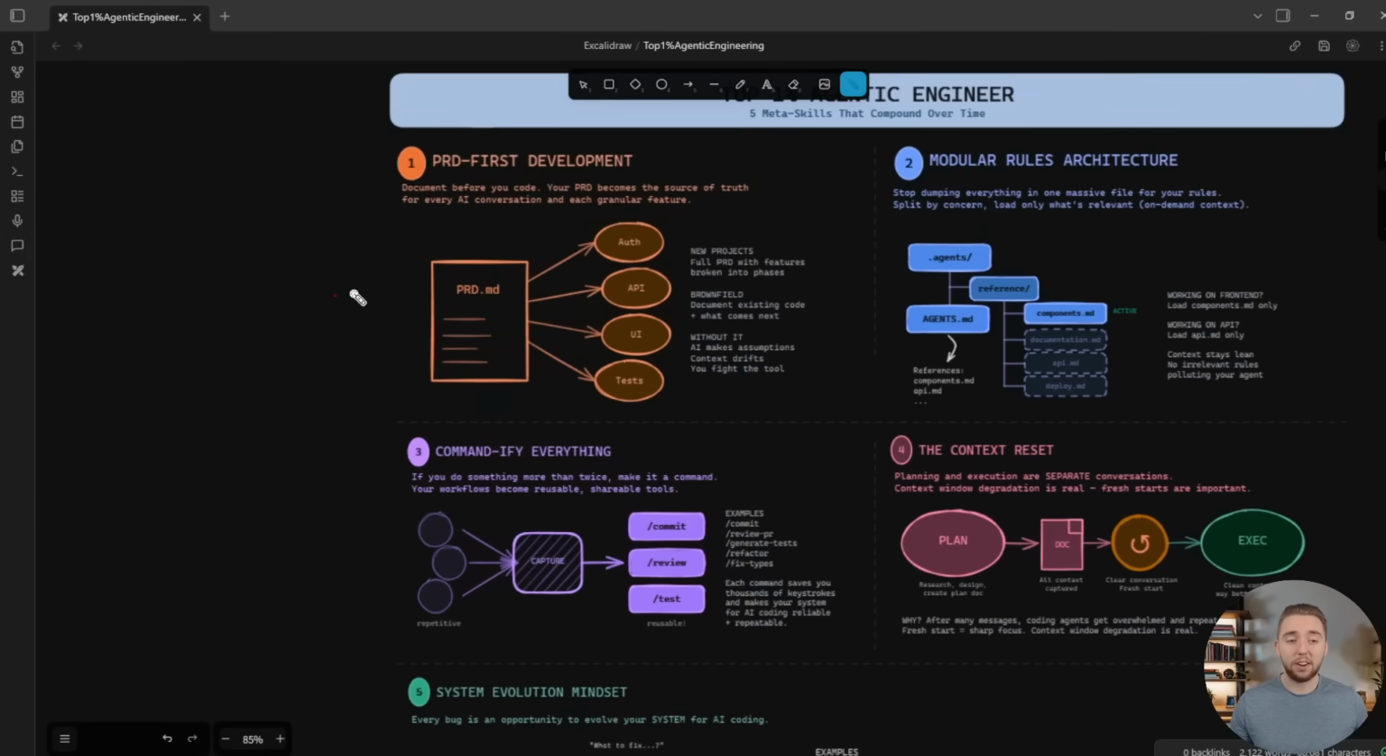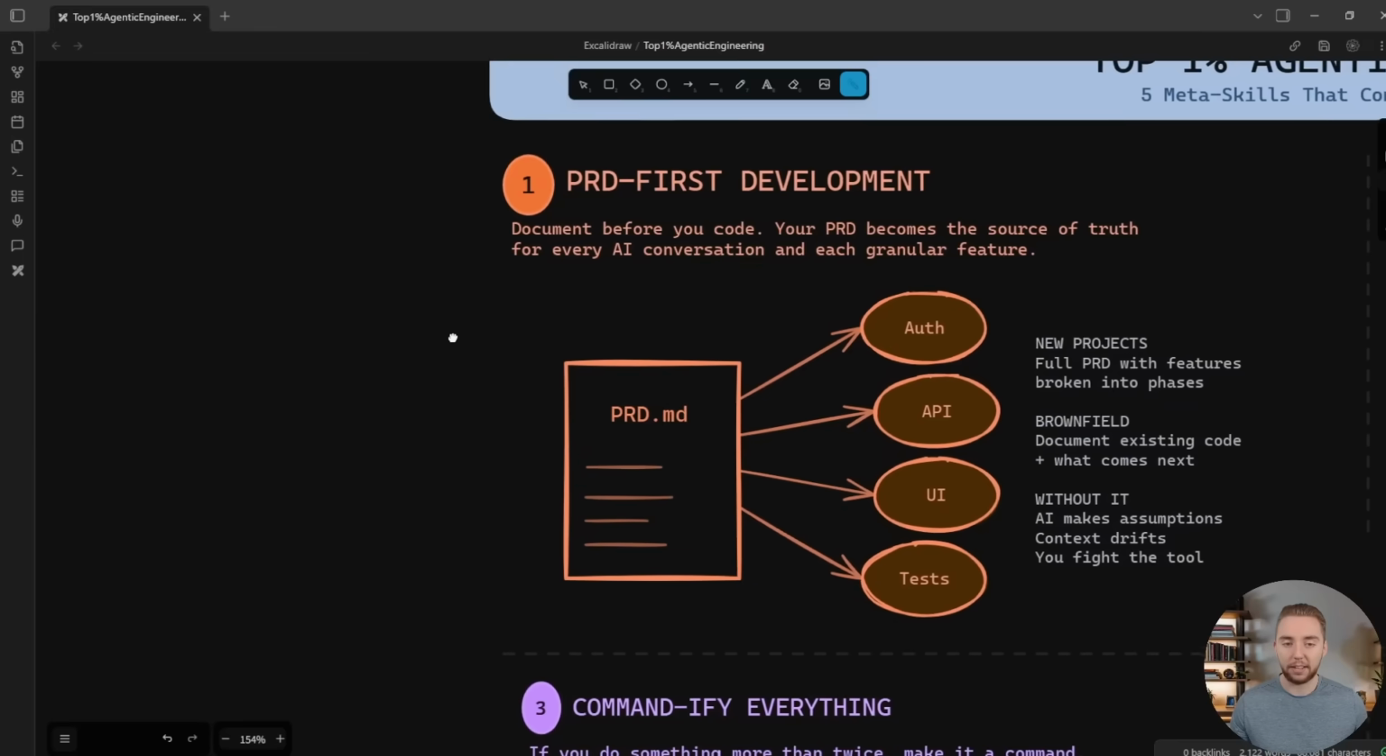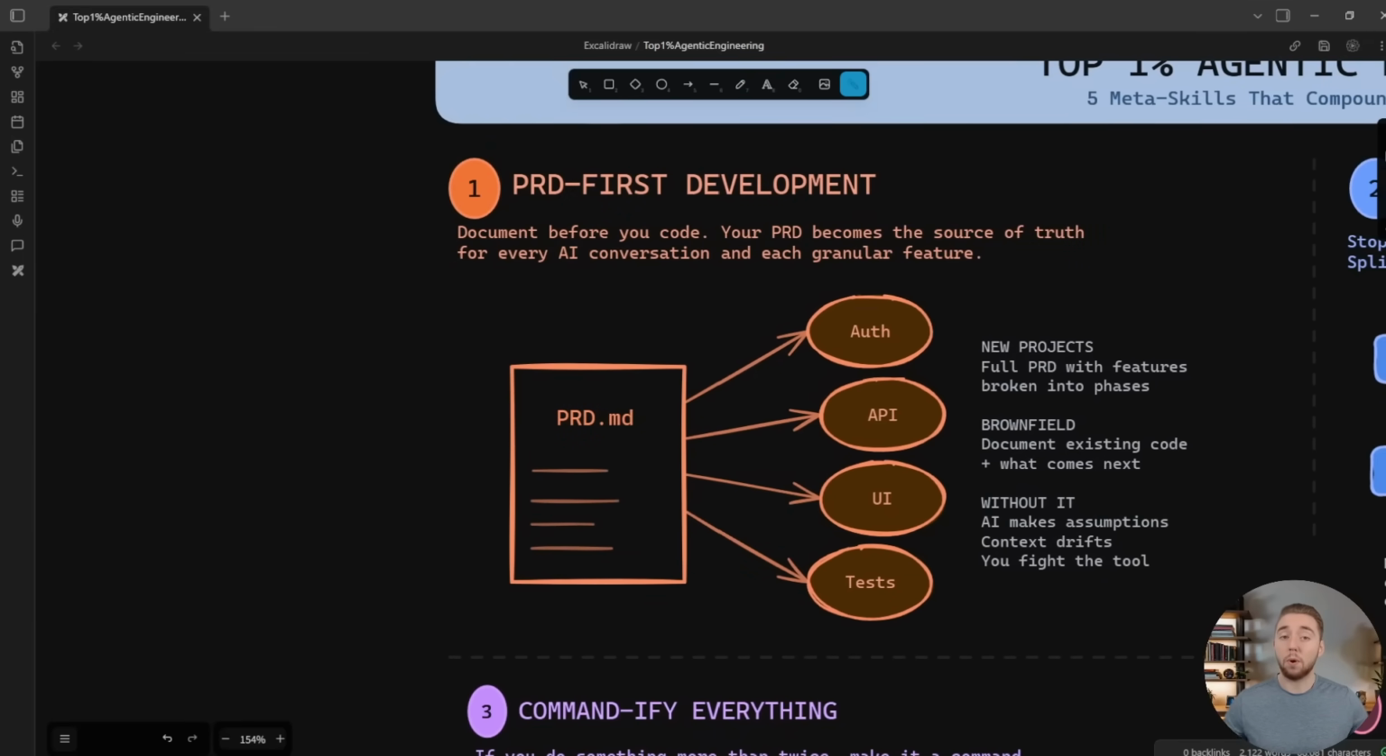At the top of the list here, we have PRD-First Development. So PRD is short for Product Requirement Document. And that can mean a lot of different things, but in this context, it is a markdown document, a single place to define the entire scope of work for your project. And so for greenfield development, when you're starting from scratch, this generally contains everything that you have to build to complete your proof of concept or your MVP. And the beauty of this is this single document becomes the North Star for your coding agent,